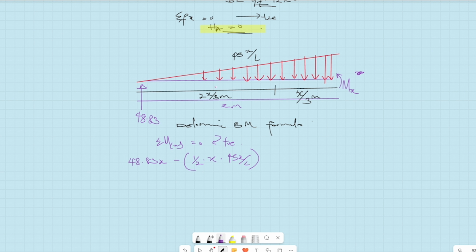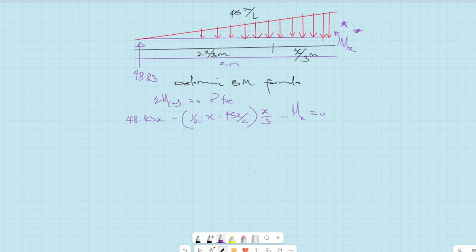Then it is acting at a distance x over 3 from here. So it's acting at a distance x over 3 from there. So that's a distance multiplied by the distance x over 3. What else? Then minus Mx should give us 0. So going forward, when you organize and rearrange this equation, you will have,